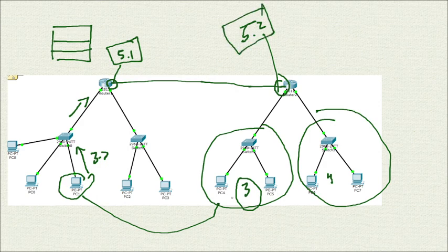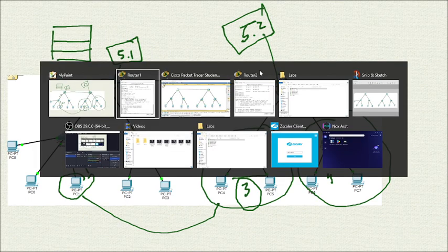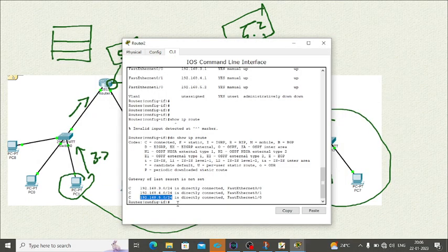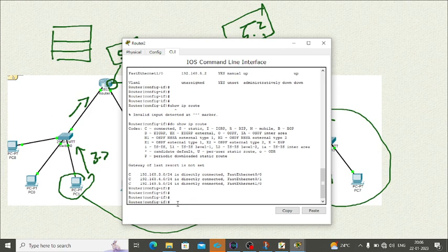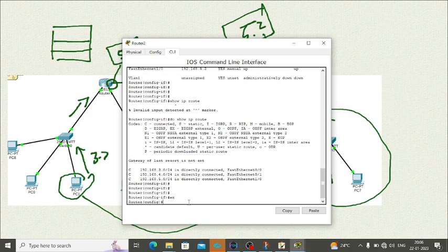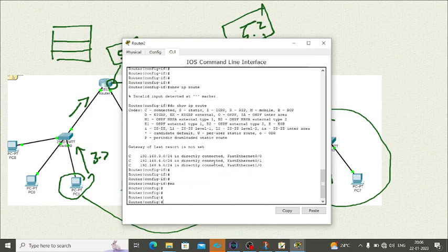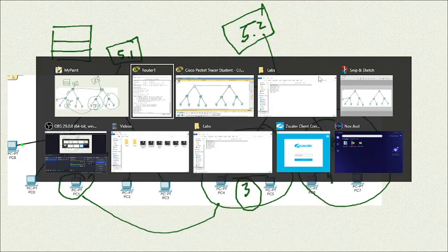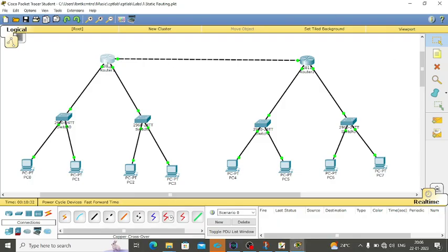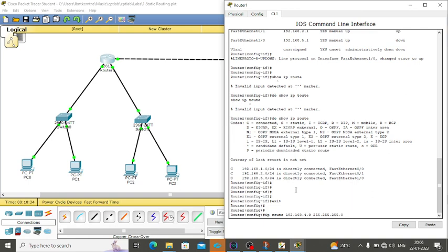So we want to reach 3 and 4, which means we want to configure the 5.2 network. So here it is configured to do that. So right now I go into this interface. Here it is 3 and 4 and 5. Okay, fine. I'll close it. First I go to the configuration mode. I'll do this first thing. Okay, 4.0. So ip route